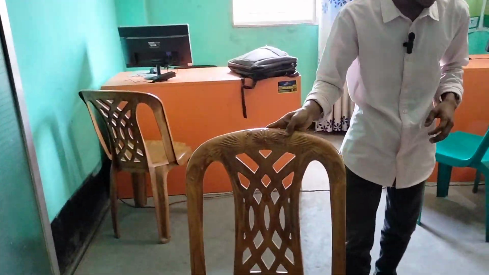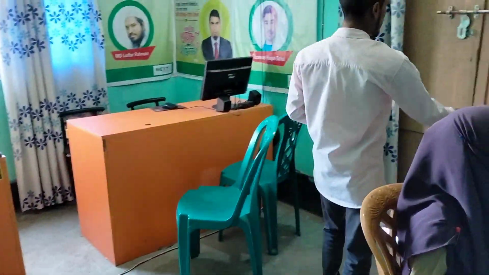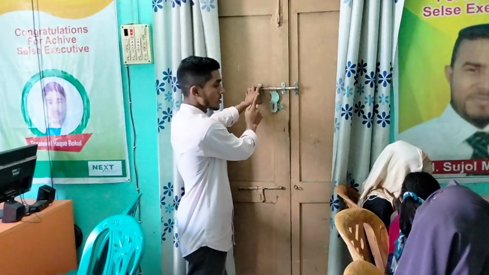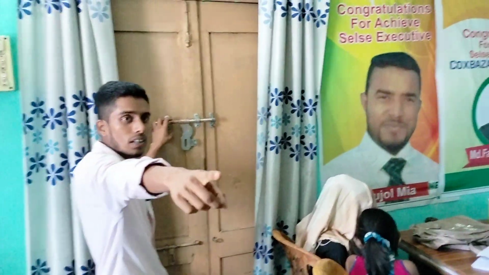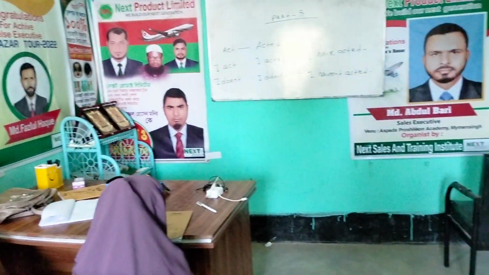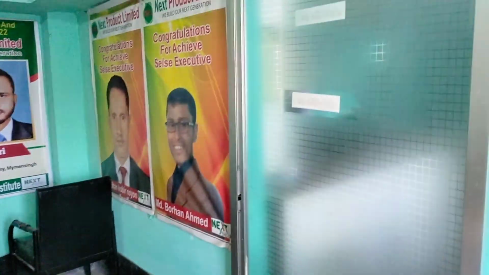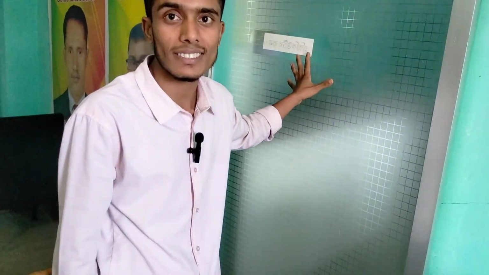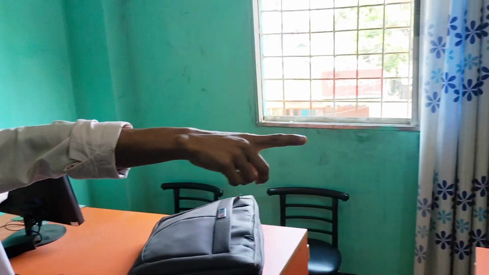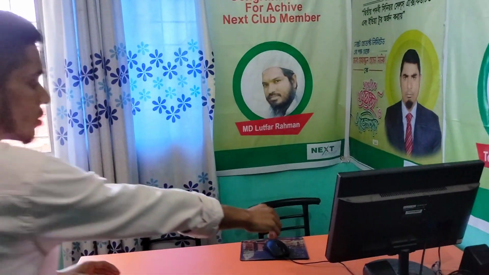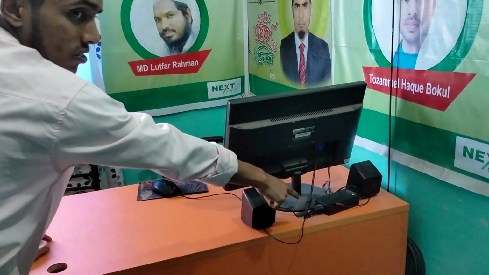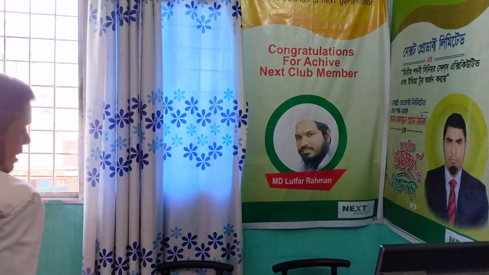There are so many chairs. There are chairs here, and there are 2 doors. And 1 door is here, and another door is here. But that door is very nice. I like this door because it looks like glass, right? Looks like glass. And there are 2 computers here, 1 and 2. Another computer, 2 computers with a mouse, box, and electricity line. And there are so many chairs here, but this chair is very beautiful, and I like to sit here.